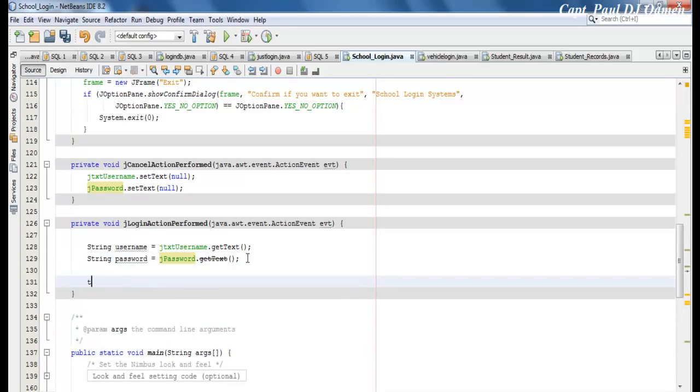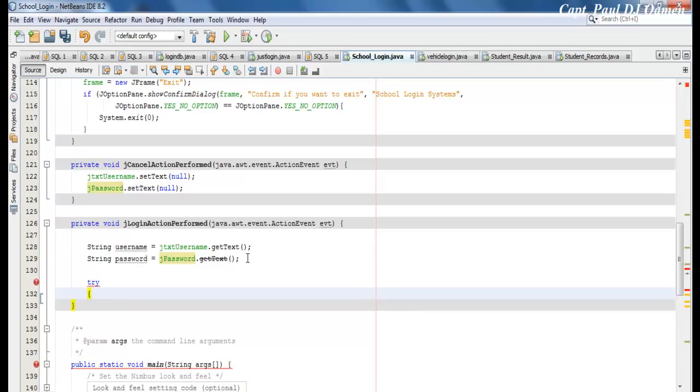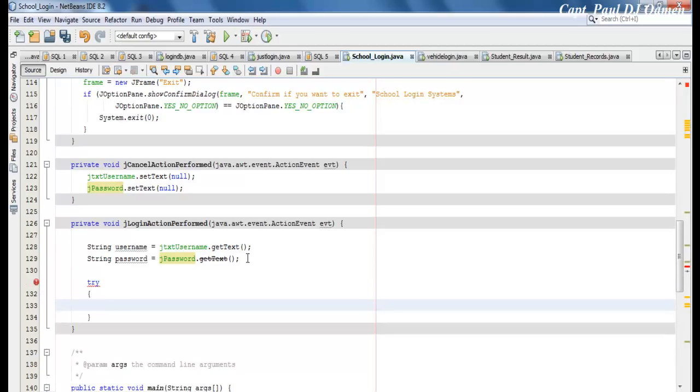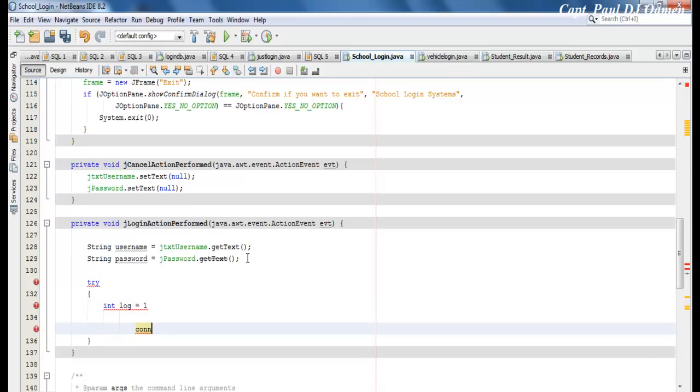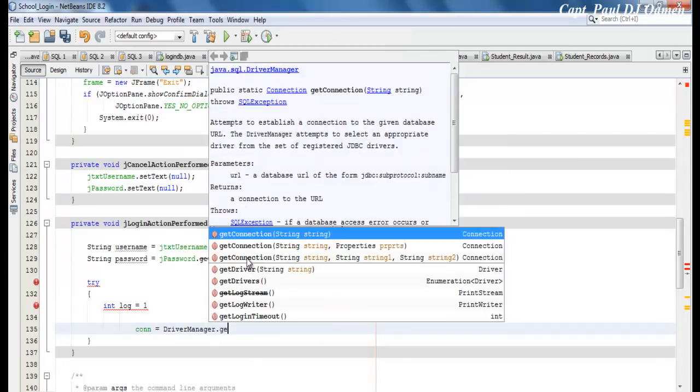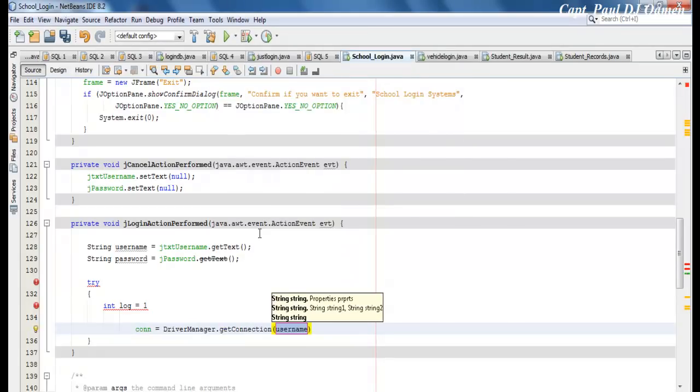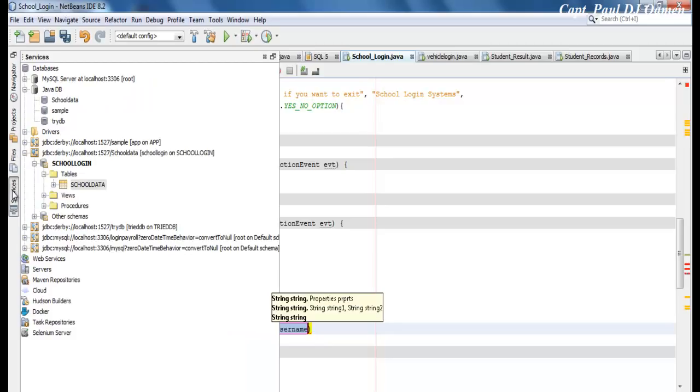Now using try catch, let's say first of all, int log equals 1. Now let's say con equals DriverManager, that should hopefully help me to connect. So getConnection, and I think I'm going to need something. Let's come in here. We need the